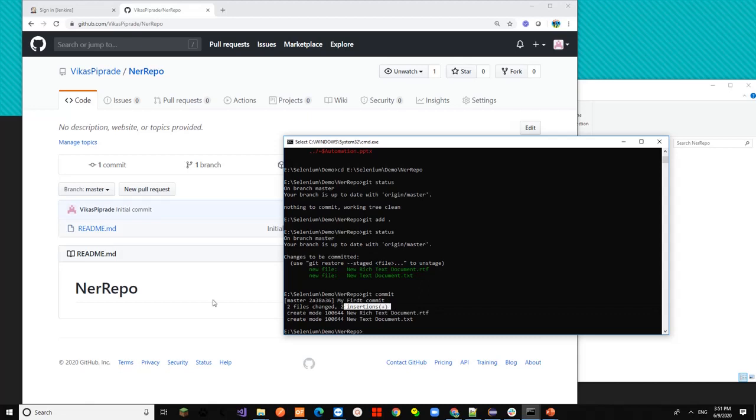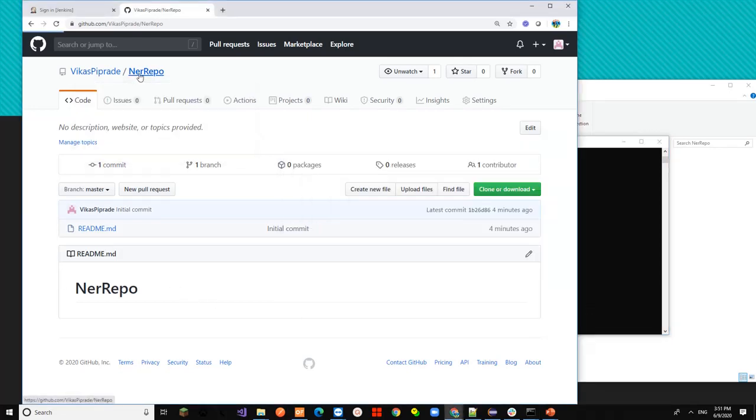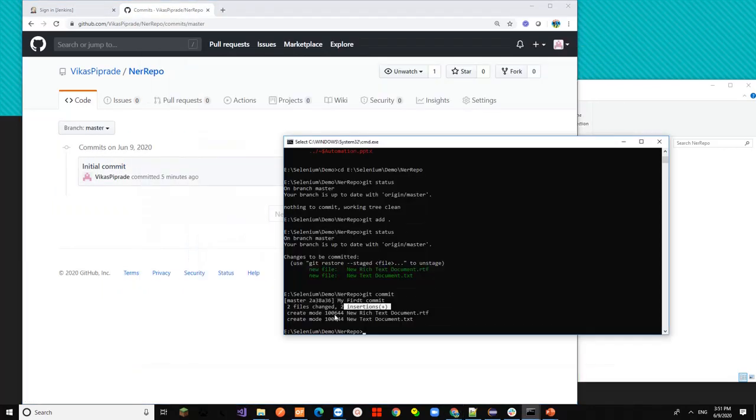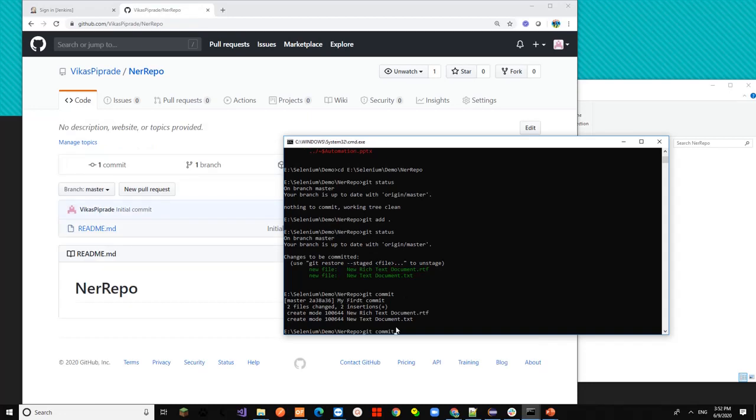So let me see. It's showing first commit, which is initial commit. So the git commit command will mark the files for commitment, and then when you want to push the newly committed files into the repository, we need to fire the git push command.